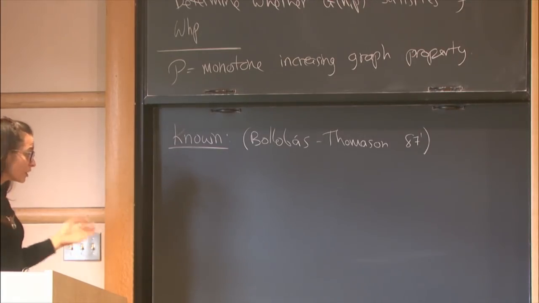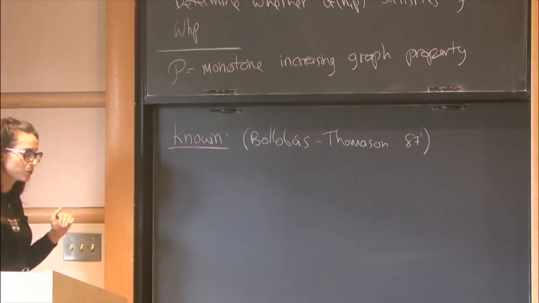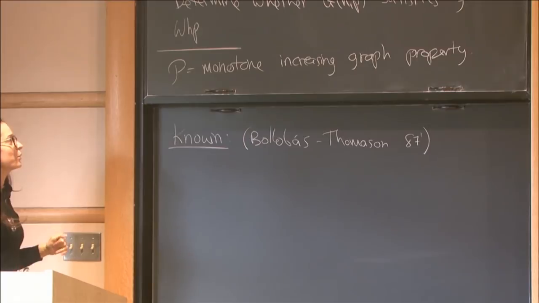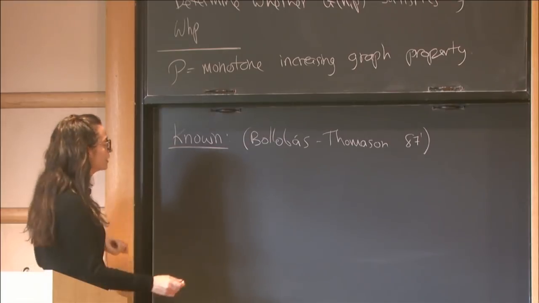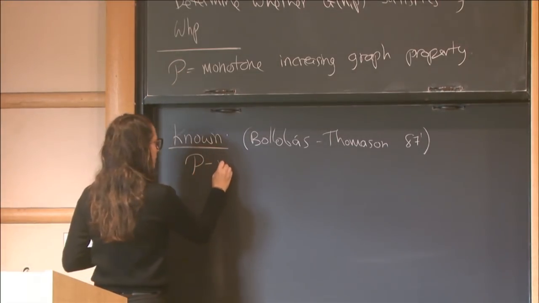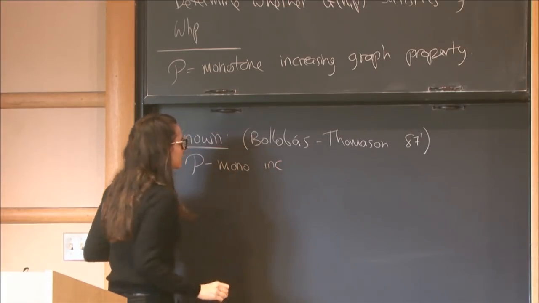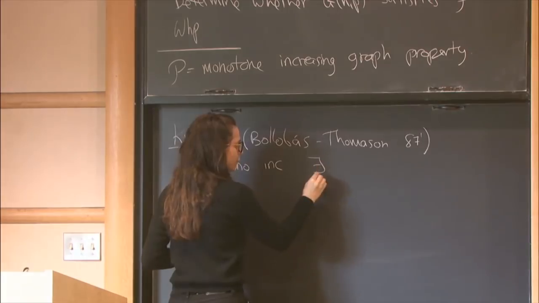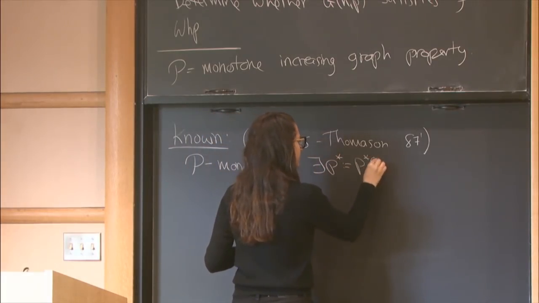And what Bollobás and Thomason showed is that if we consider monotone increasing graph properties, then we have what we call a threshold probability, a threshold function for p. And what do I mean by that? So if P is monotone increasing, then there exists some function, I'll call it p star, which can depend on n, such that